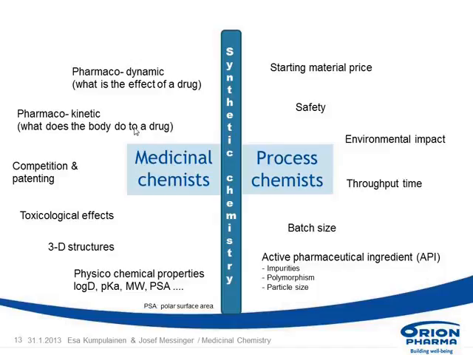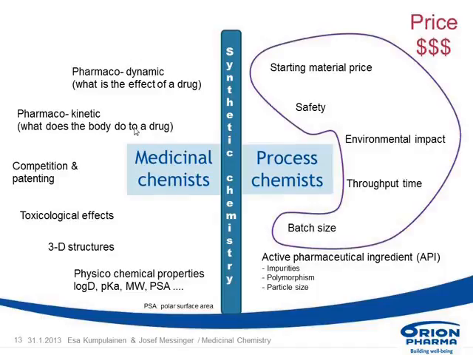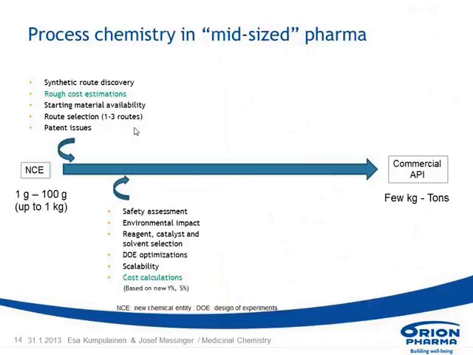And of course the biggest issue is you've got to look at the final API. Is it crystalline? Do you want the amorphous? What is the polymorph you want? Because of course we saw the presentation from Wim. There might be over 10 different polymorphs for one compound, and also the solvates. And of course the particle size, what we're looking for. And all of these impact eventually the price of the API. So I prepared one slide on what is process chemistry. Of course we had Wim's nice lecture, but we're